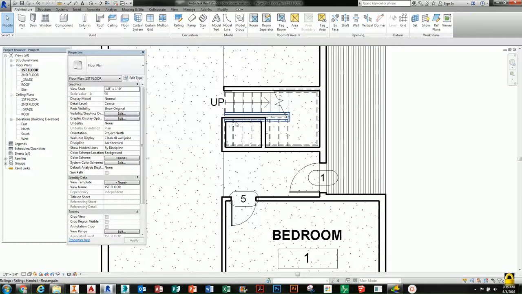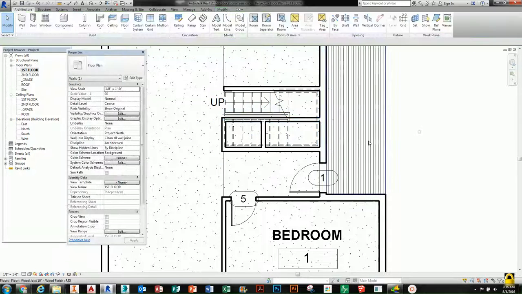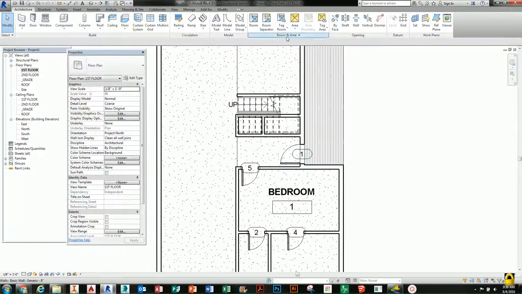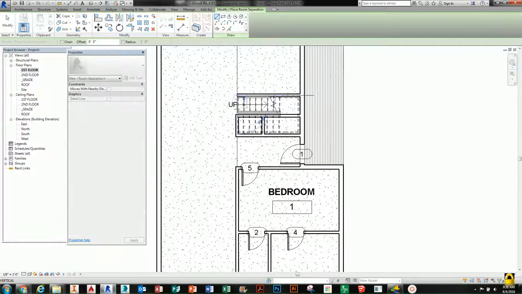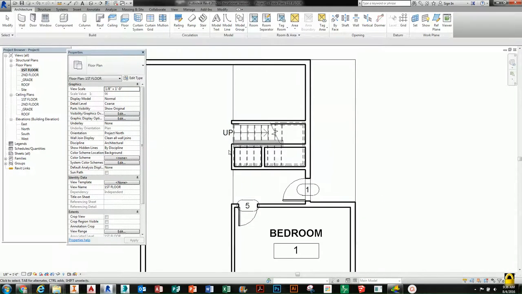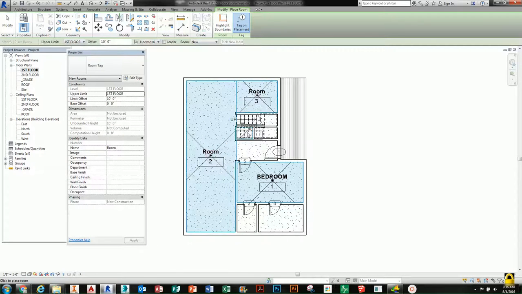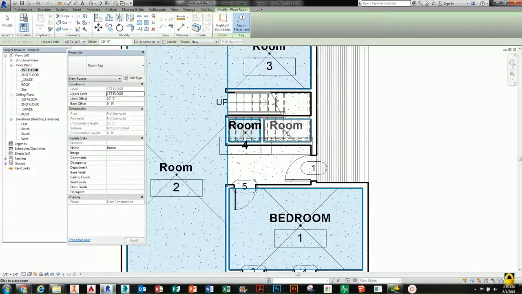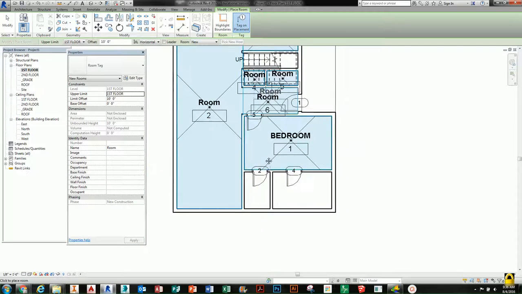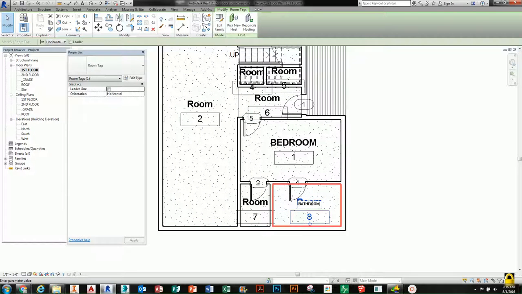And then in the next video I'm going to show you how to do the second floor, and also how to cut out this wall from the stairs, because you'll see we have a couple different rooms we're going to add here. Let's put some more room separators by the stair. We're going to align that face to that wall, hitting everything, keep it clean. Place a room here, a room here, here, here, here, here, and there. And then we're going to label bathroom,